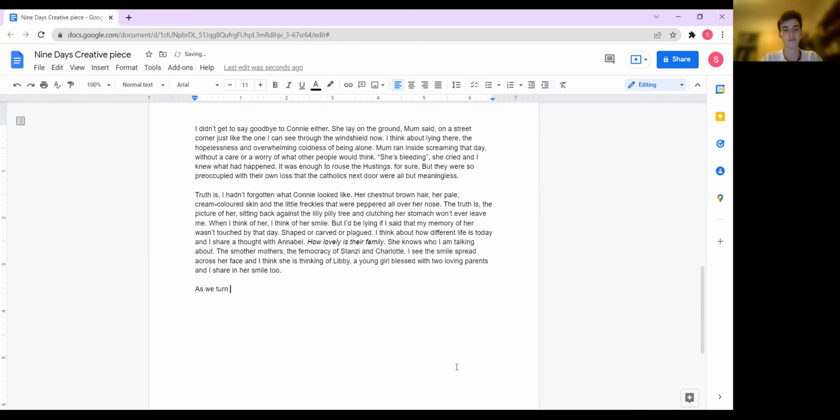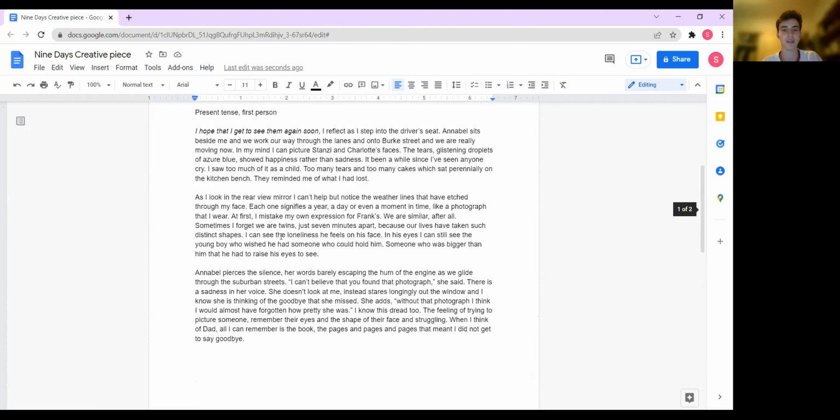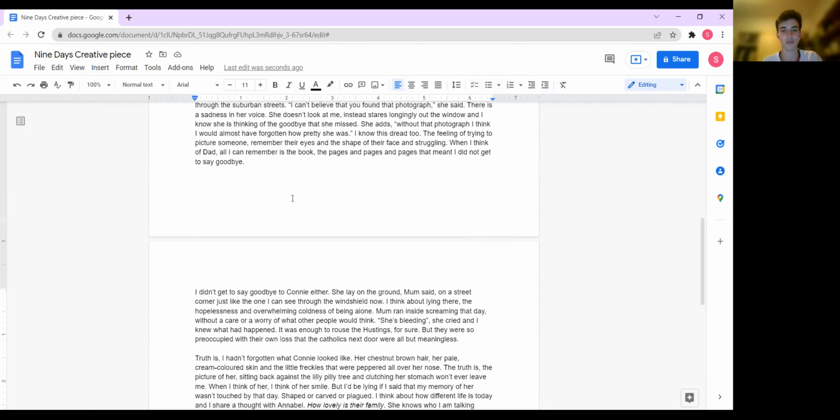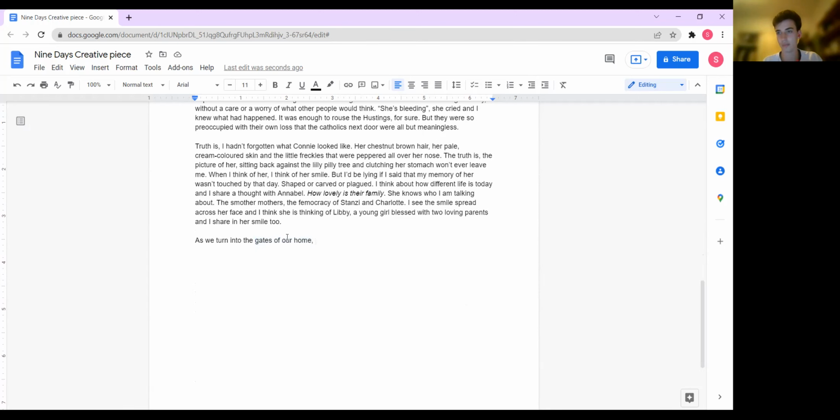As we turn into the gates of our home, now we could probably add a bit more specific detail in here in terms of where exactly they live. I know Alec is very negative of it. We could potentially discuss how Kip feels about it, but I think we're going to run a little too far if we go into more detail there. So just do something small like that. As we turn into the gates of our home,